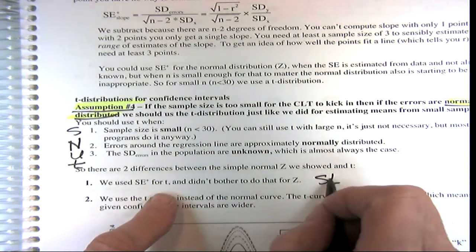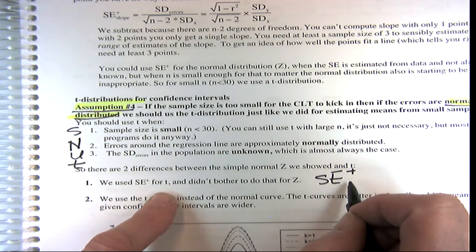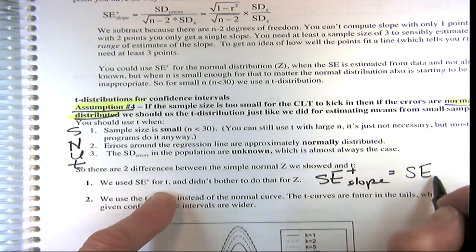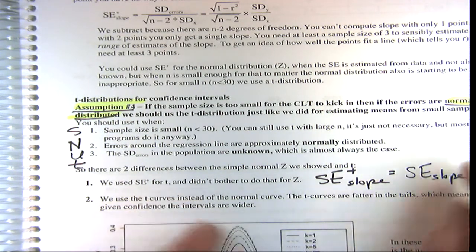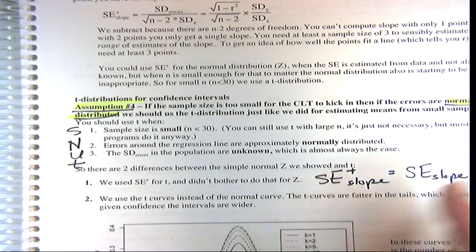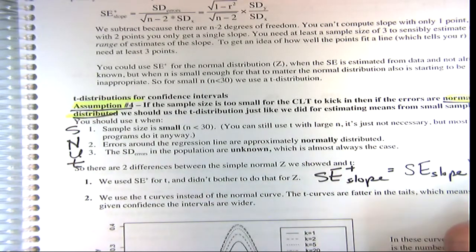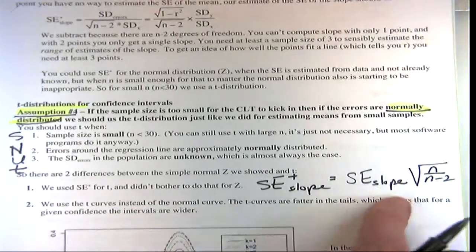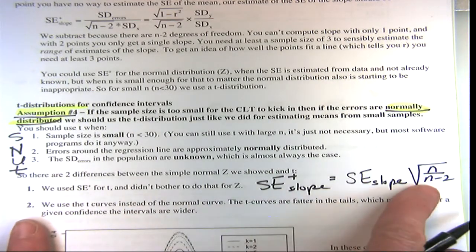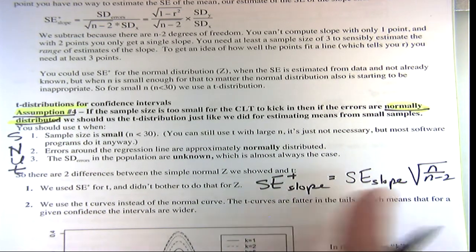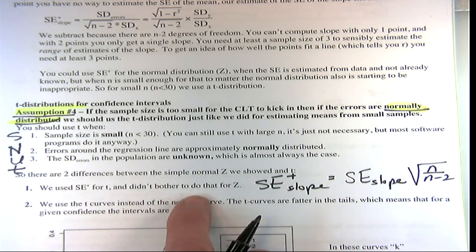And here, let me just remind you what that is. So the standard error plus of the slope is going to equal the standard error of the slope, but it's going to differ because here we divided by something different. This is bigger, and it's bigger by a factor of the square root of n over n minus 2. Okay, so that's the first. We could do that for the z. It would give us an unbiased estimator of the standard error of the slope. It would be better to do, but we didn't bother to do that for the z, as we said, because